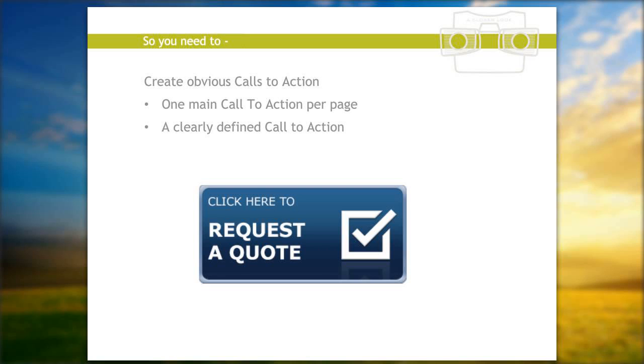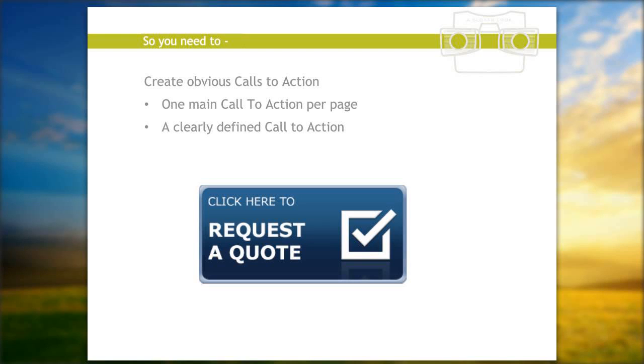It normally says request a quote, or ask for a download, or specific words that are going to tell someone what to do, but also what they're going to get when they press that button. So when someone presses request a quote, they know that they're going to get a quote. So it's to do with being very specific with your language.